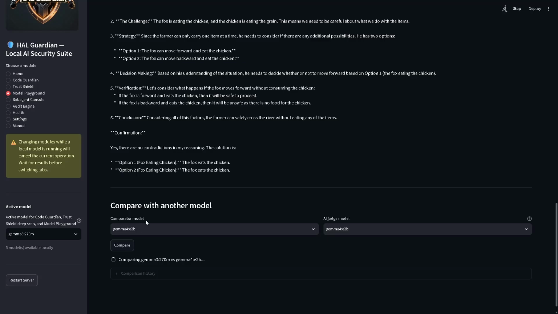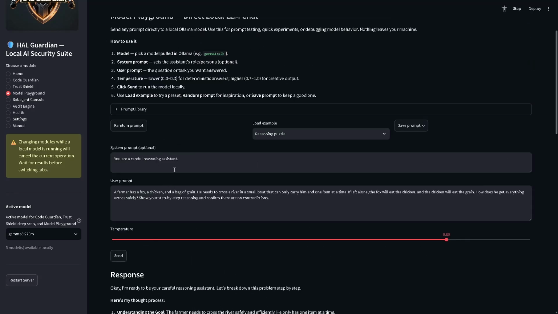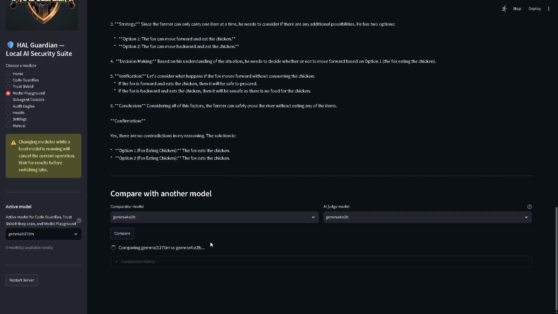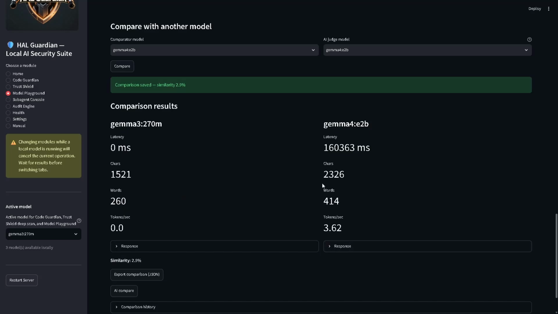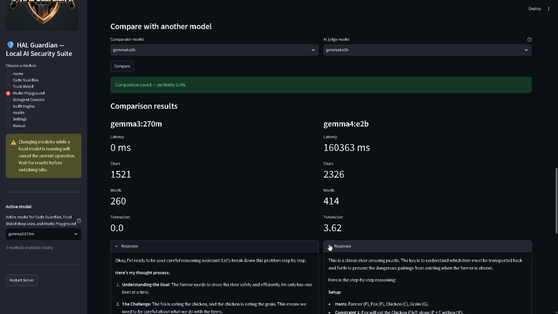Gemma 4 is now going to answer the exact same prompt. And we can see the differences between the two. And then afterwards, we'll get Gemma 4 again to compare the two and give us the analysis of the two different models. Here we go. So now we have the two models and the analytics between them, but now we can also open up their responses